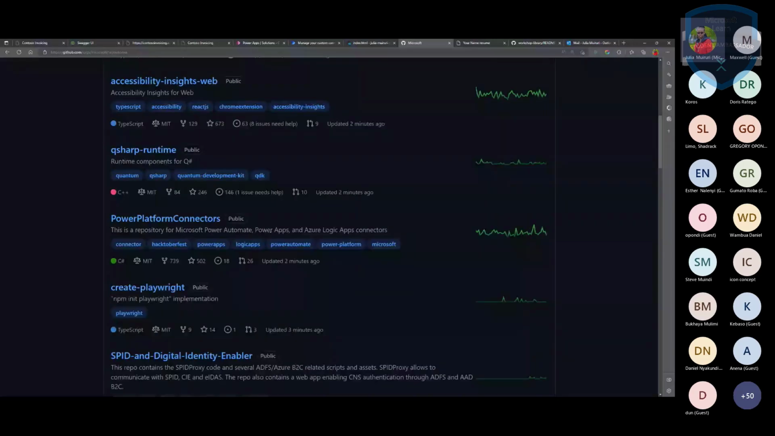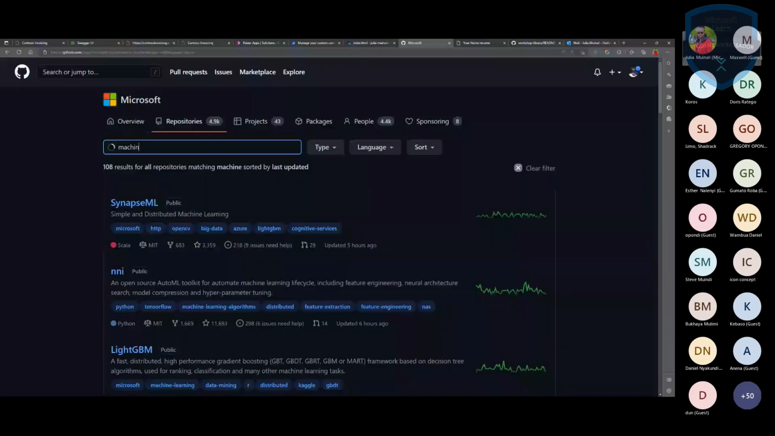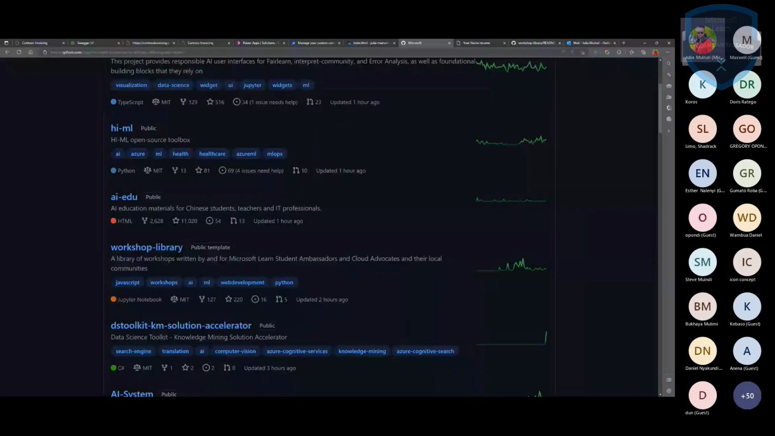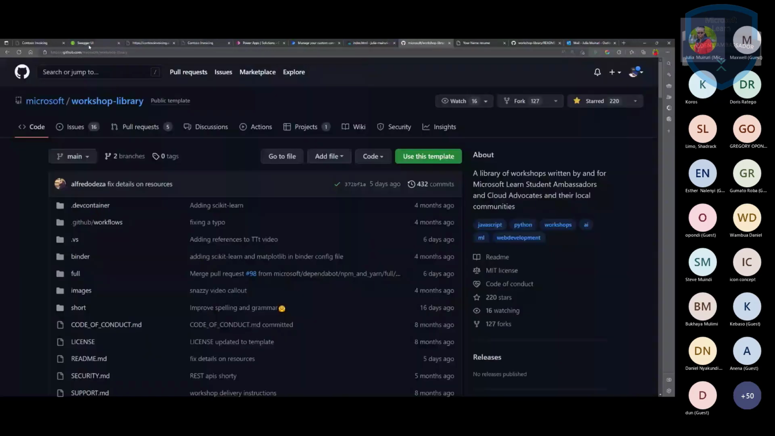Let's say, let me look for something related to machine learning or AI, something like that. Yeah, so let's look at the workshop library. Let's say I'm interested in this project and it's something I want to use on my own. As you can see now, I'm on Microsoft's account. There's a button here that says fork, so I can simply click on the fork